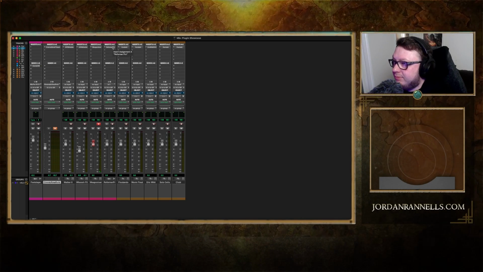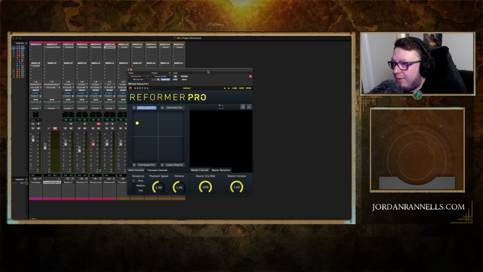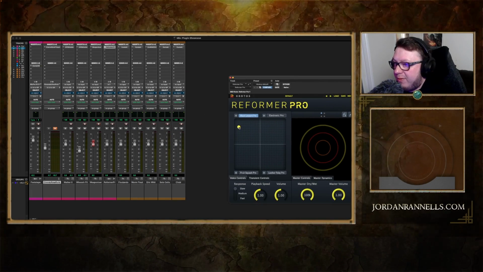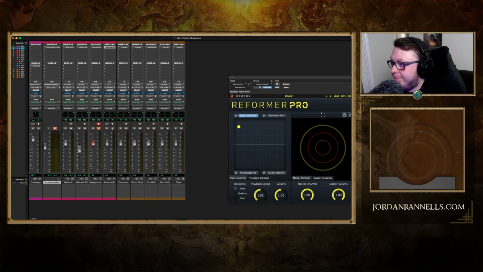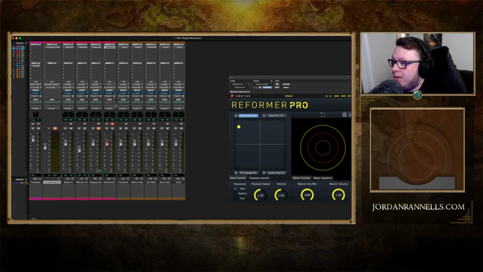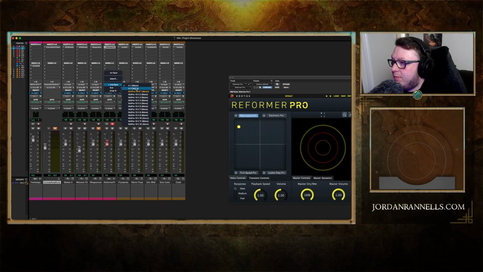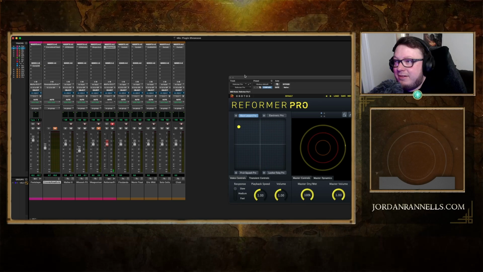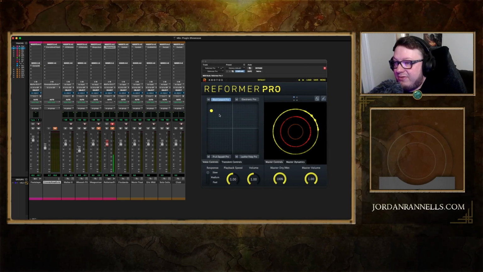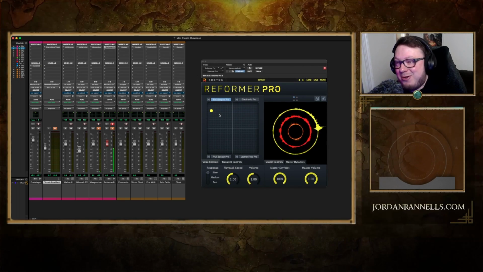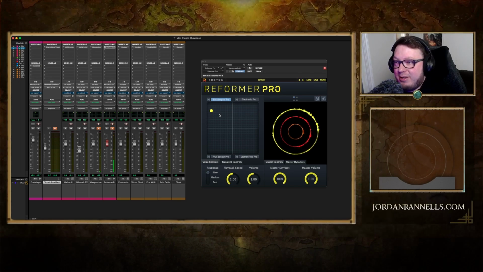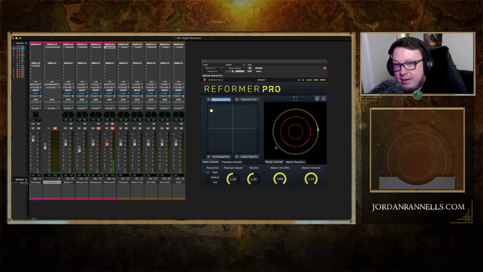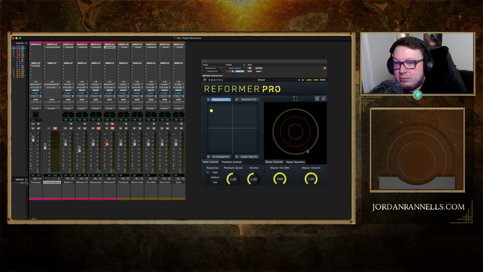Now finally, we have Reformer Pro. Now, let's see if we can get Reformer Pro working. Test. Yeah. I'm going to mute it for now. Reformer Pro is probably the most fun plugin that I've used. And you can see it reacting already. Every time I talk, it starts this whole